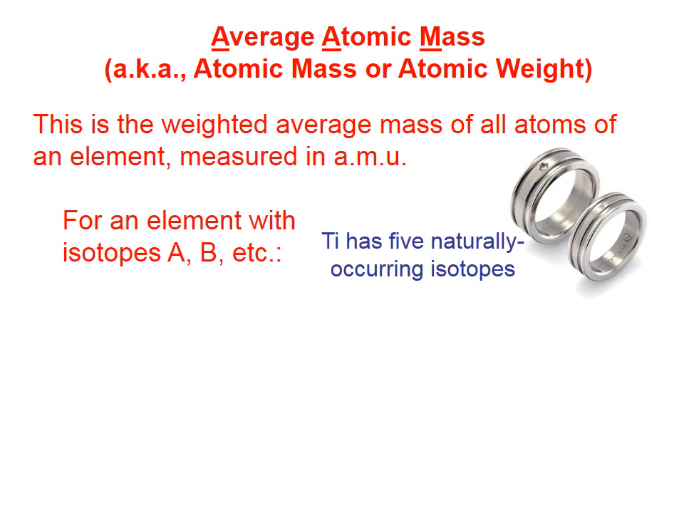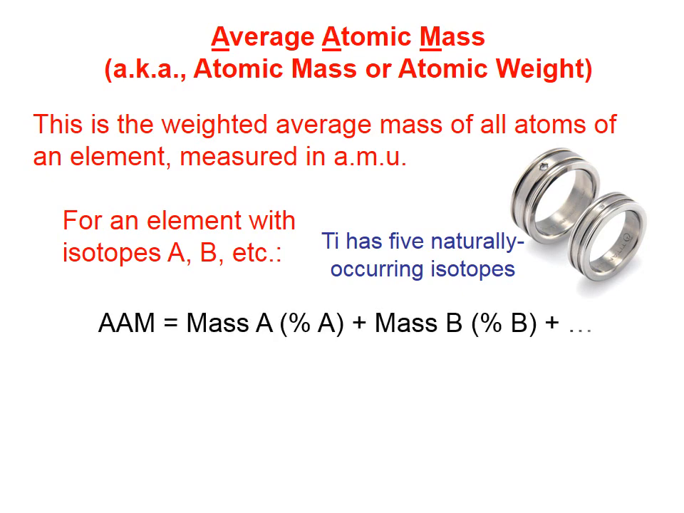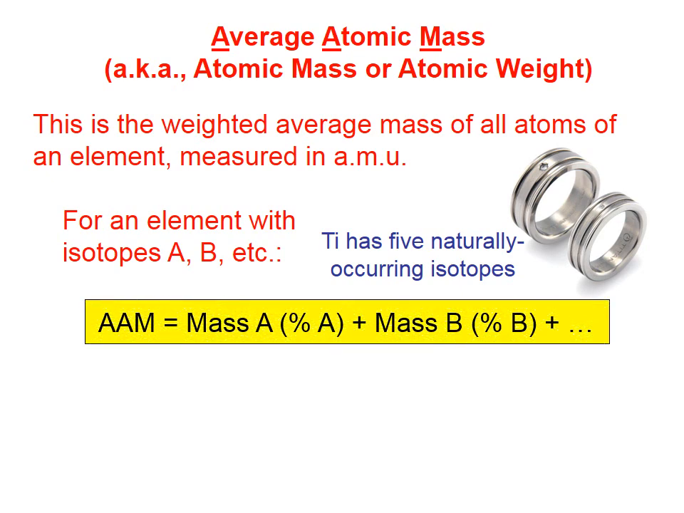Average atomic mass, also known as atomic mass or atomic weight. Those are all synonyms. This is the weighted average mass of all atoms of an element measured in AMUs. For an element with isotopes A, B, and so on, could have more, the average atomic mass is simply the sum of the mass of one isotope times its percentage plus the mass of another isotope times its percentage, and